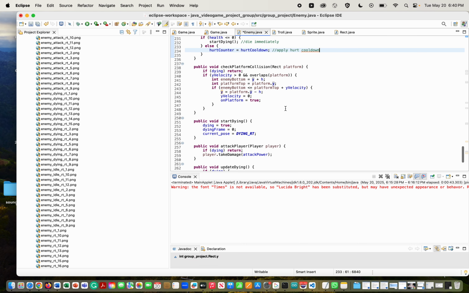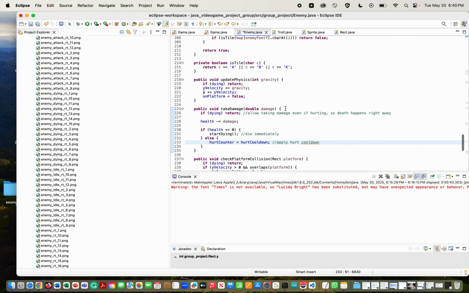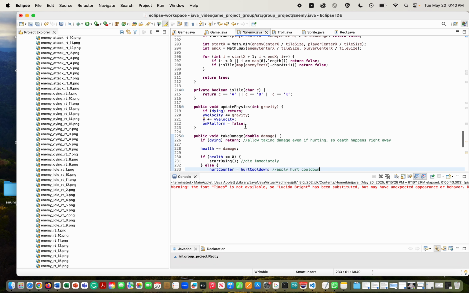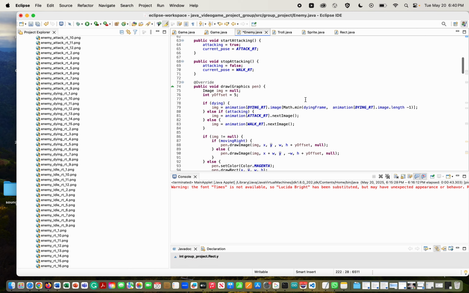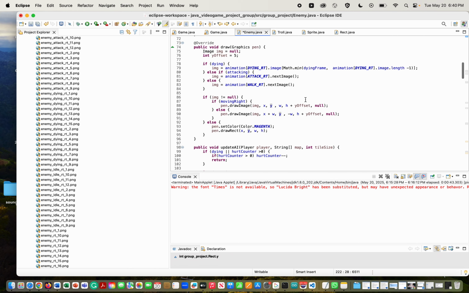What else didn't I explain? Check platform collisions, update physics. This just updates the physics for the gravity. And then our draw method right here. So this basically just draws. It draws for the dying animation, draws if attacking, draws for walking, all these animations. And if not moving right, we draw this, else we draw this. What this right here means is the image is flipped. So if the image you see is on the right, and you flip it,